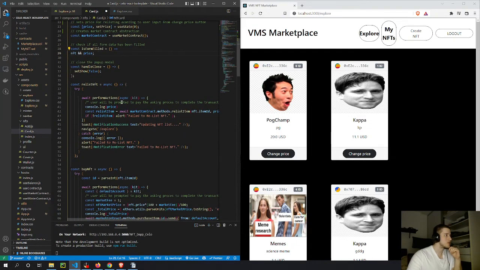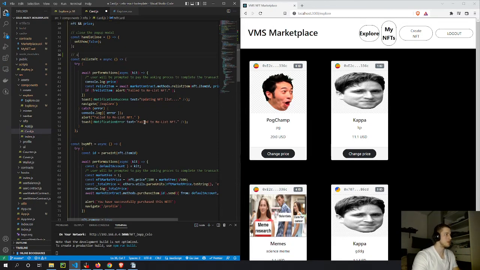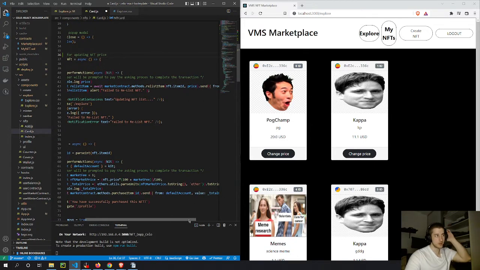So this closes the model. So this is the function that allows updating NFT price after listed. Or maybe just NFT price. And then it uses perform actions function. User will be prompted to pay the asking price